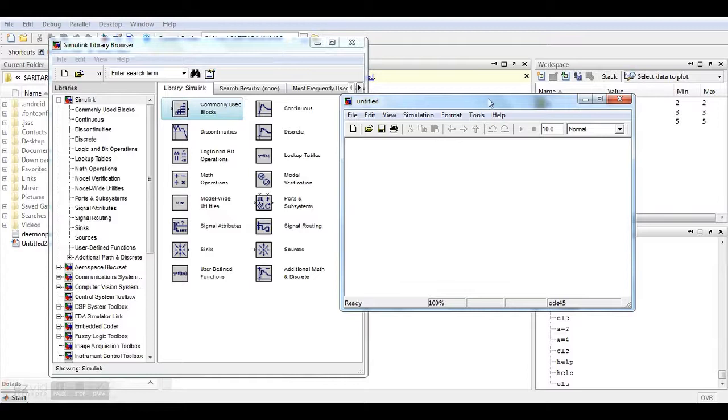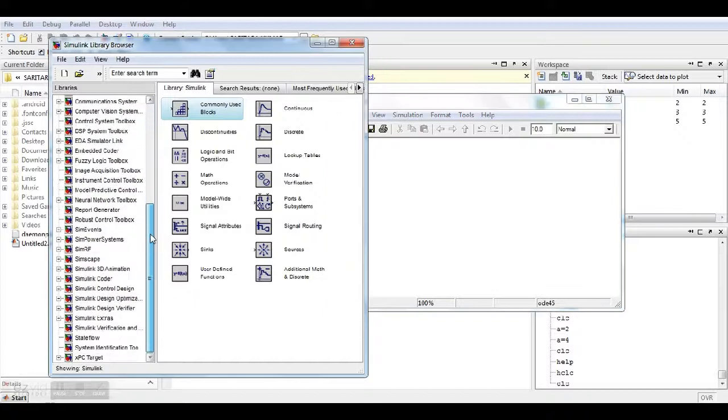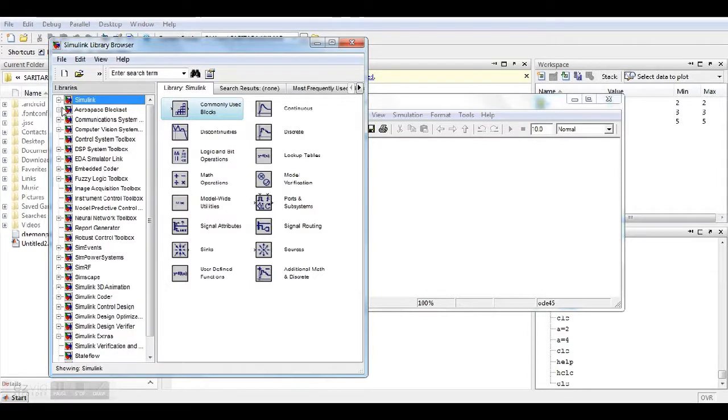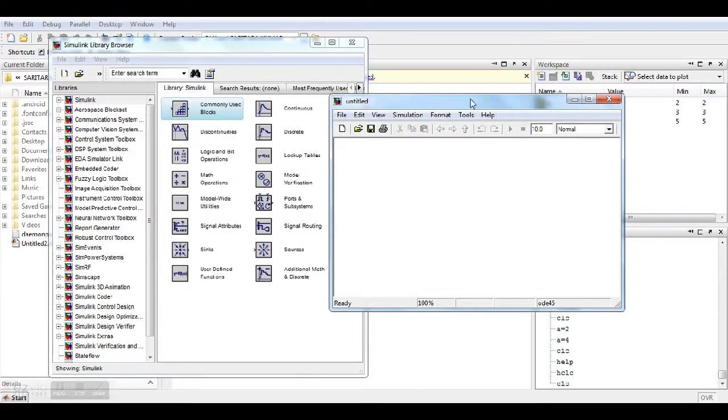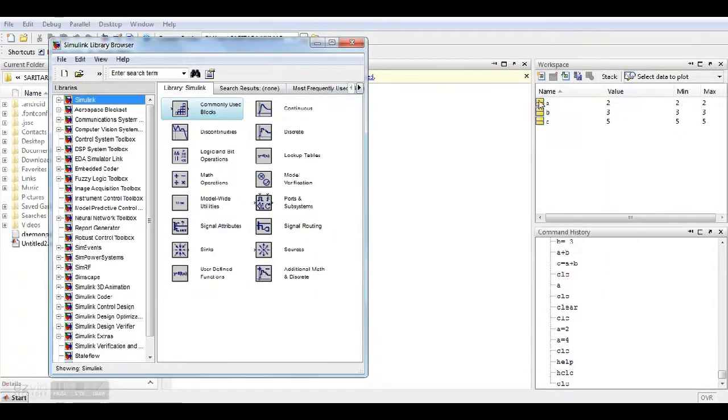I will tell you in later sessions how to draw the block diagrams. Mostly I will deal with control systems and power electronics, because control systems are what we mostly use, or otherwise power systems, whatever it may be. I will explain how to draw all these block diagrams, and this is just a basic introductory session for MATLAB.